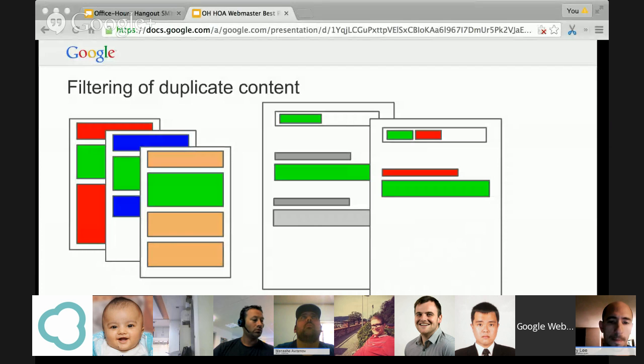So primarily, this type of filtering that we do for duplicate content is a technical thing that we do just to find the right match there. And it's not something that we primarily use as a quality factor. There are lots of really good reasons why you duplicate some of your content across different sites. There are technical reasons, there are marketing reasons, there might be legal reasons why you would want to do that. That's essentially not something that we would say this technical thing that you're doing is a sign of lower quality